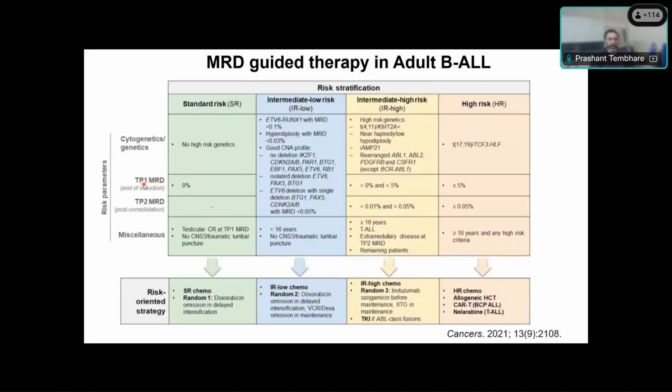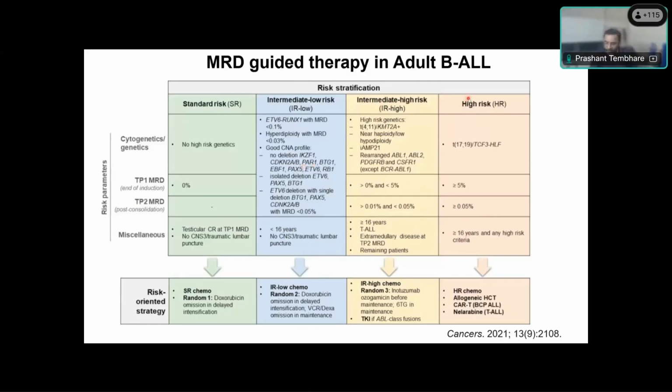So you can see time point 1 MRD, time point 2 MRD, and they change the treatment. If the patient's MRD is positive, it is considered high risk. Here you can see the MRD level is low or negative. Here, if some MRD positivity is there, it was considered intermediate risk, and when the MRD was high, it was considered high risk. This is one example of